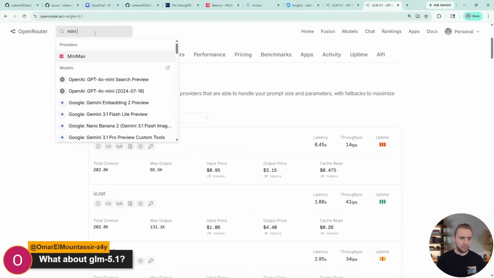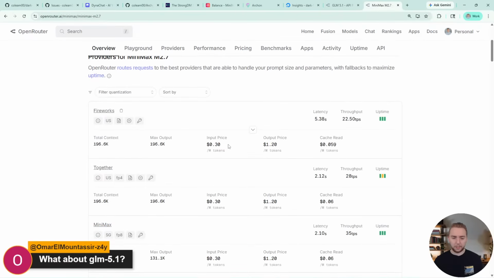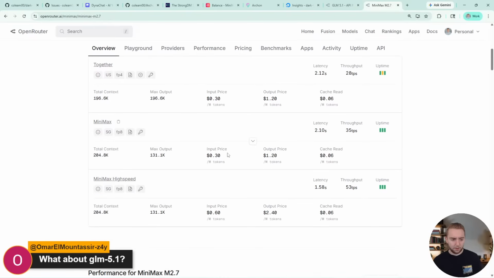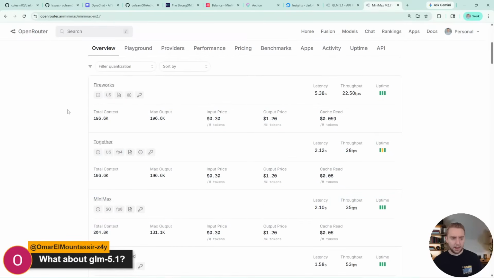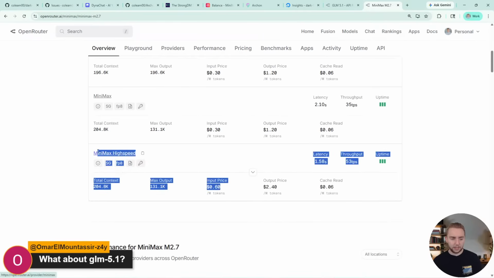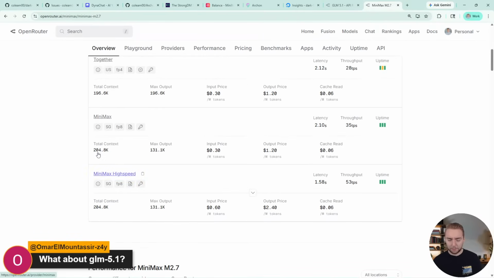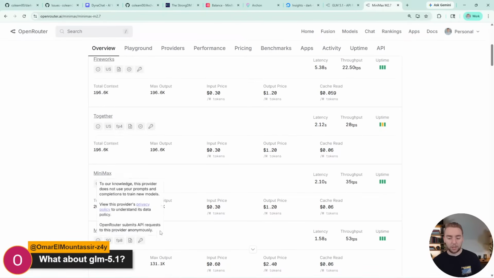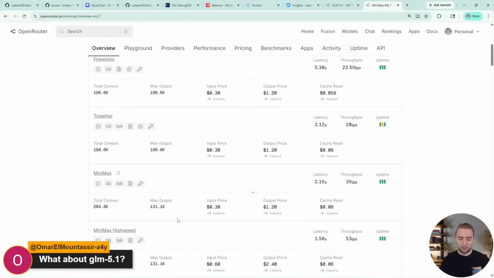Because Minimax M2.7 is only 30 cents per million input tokens through any of the APIs. And then the high speed one is double, but I'm not using that one right now. That's part of why the whole workflow run is taking a bit longer. So I might switch to high speed at some point and just double the price, but I guess it's close to double the speed through Minimax API directly. I'm just on OpenRouter because that's the easiest way to see the pricing.